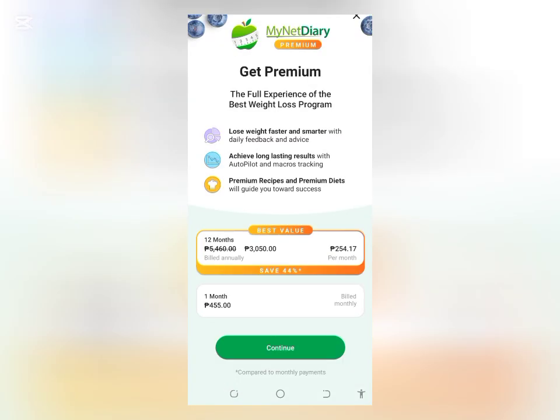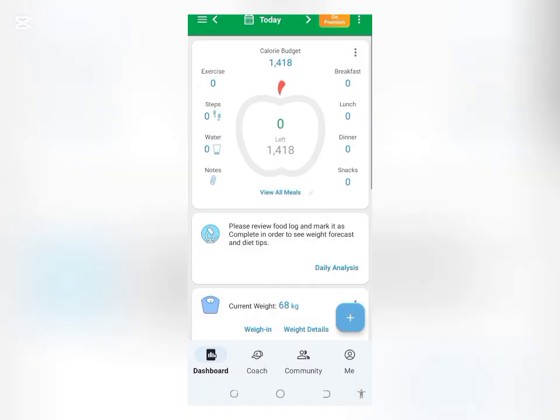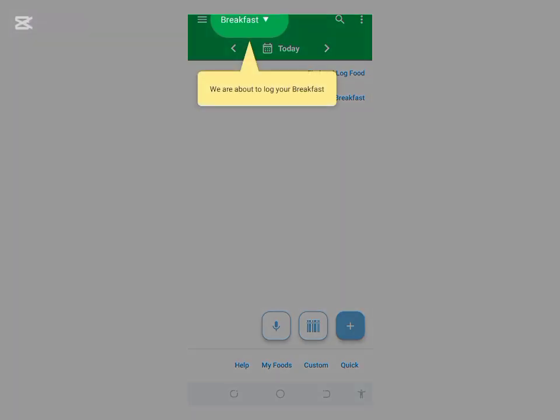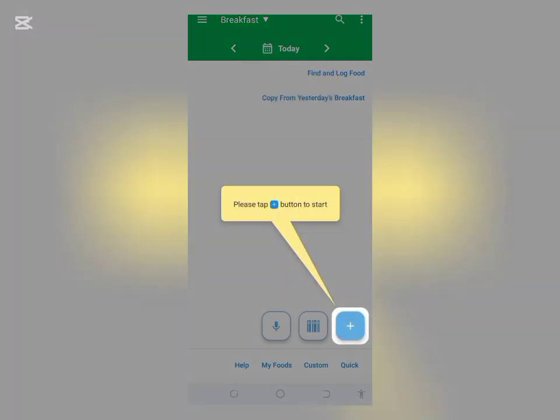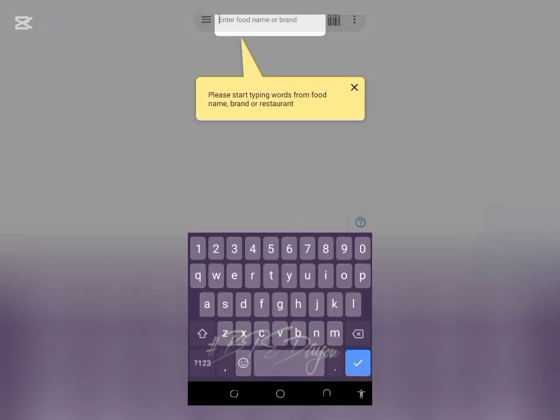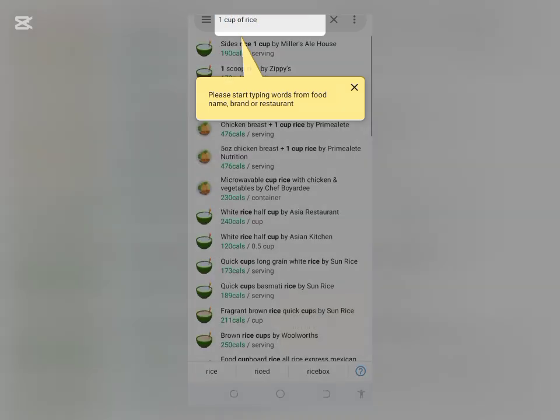These are the uses of MyNet Diary. 1. Food and calorie tracking. MyNet Diary has an extensive food database and it lets you easily log your meals. The app calculates the calories and nutrients in each meal so you can monitor your daily intake and make better choices.